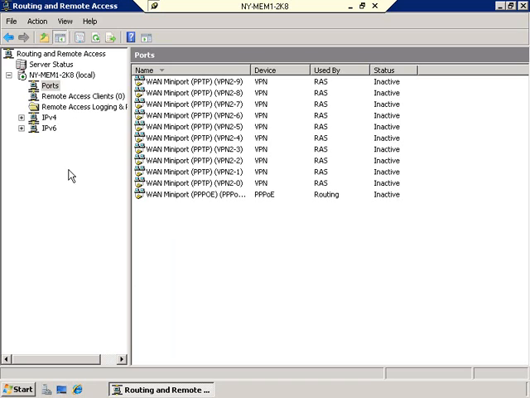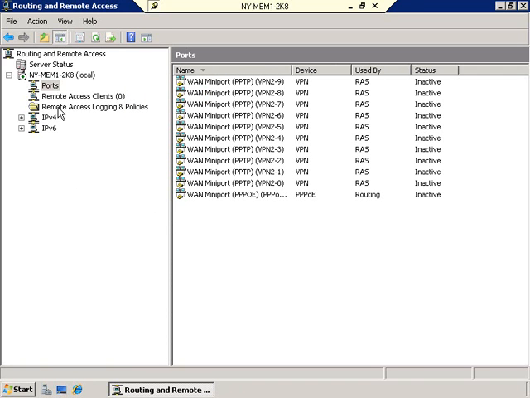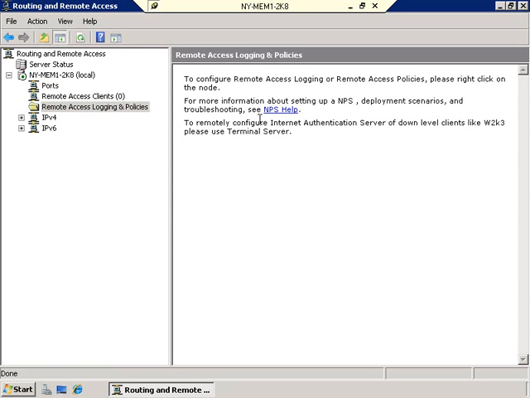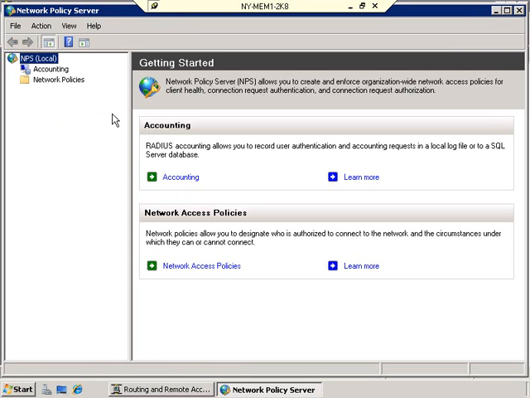Now this was a separate utility and a separate service that had to be installed and configured, whereas now in Windows Server 2008, let me expand this over to the right just a little bit. You'll see here are your remote access logging and policies, and if I go to it, well, there's nothing there. In order to work with it, you have to right click and launch NPS, Network Policy Server Services, which took the place of IAS. And NPS is already, just like that, installed and ready to be